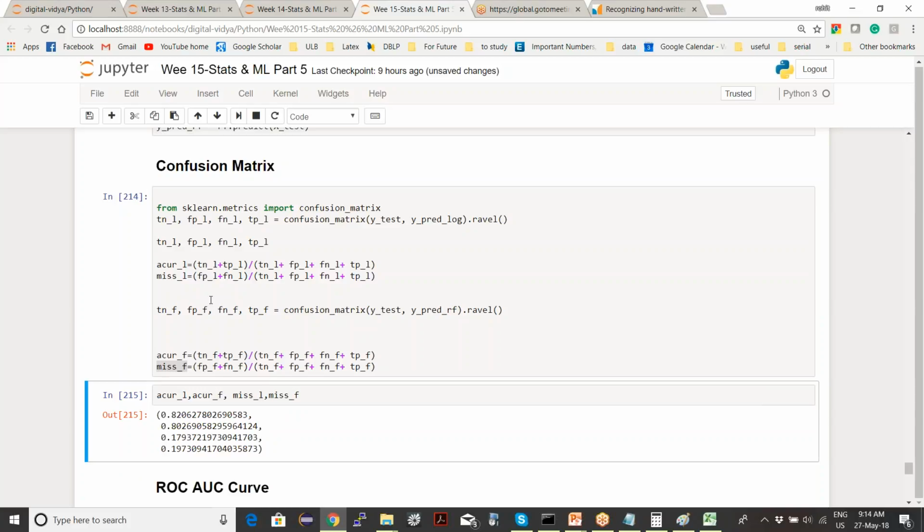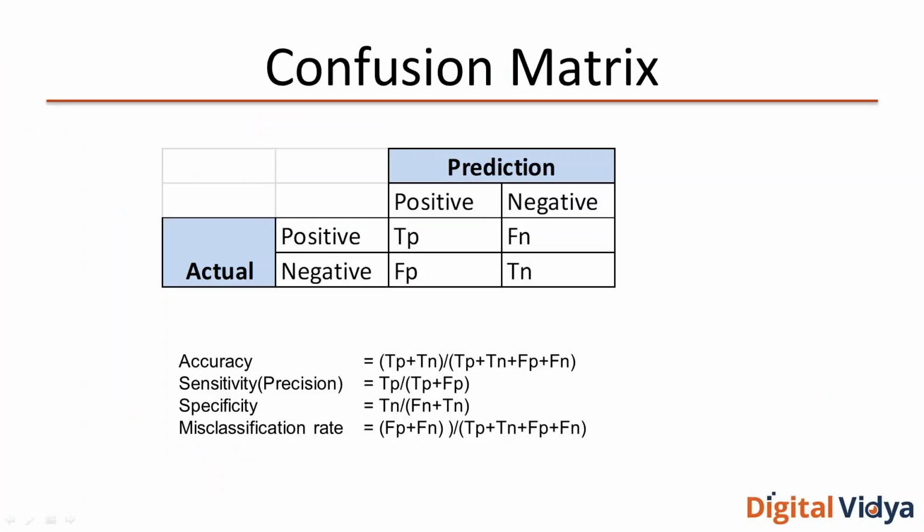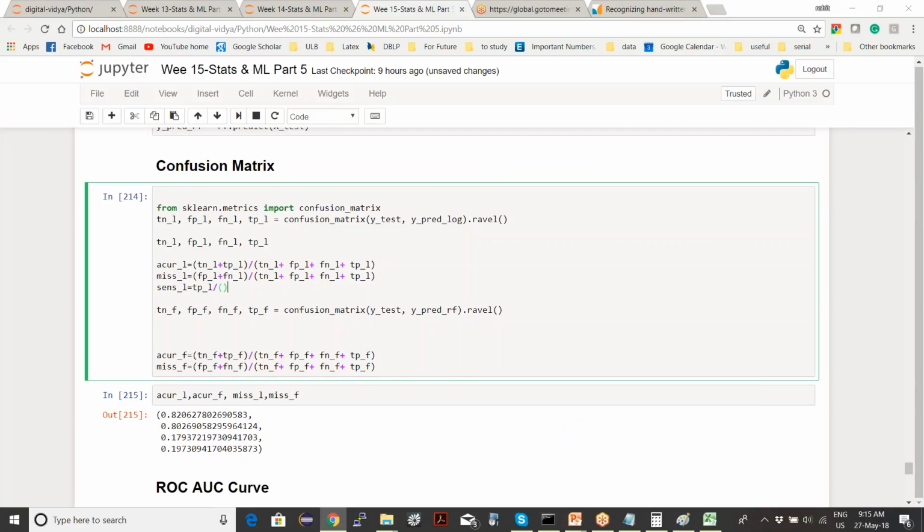But maybe sensitivity would be more useful. True positive divided by true positive plus false positive.